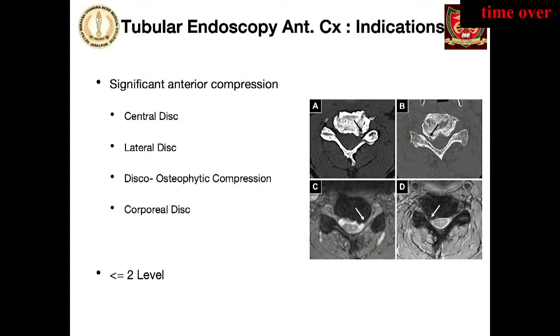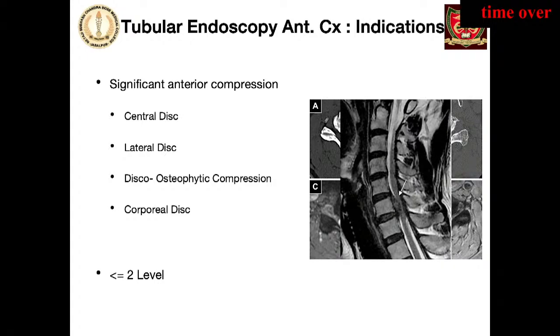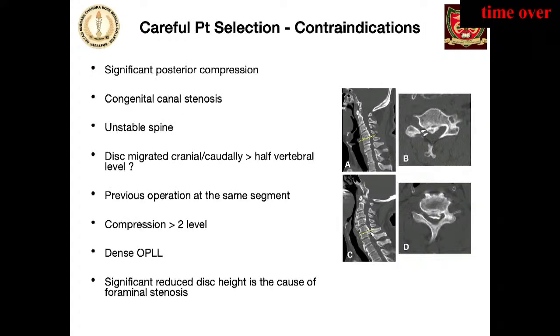The same tube has been used for the anterior cervical discectomy for disc preserving approach, in which cases the fusion is not required. You preserve most of the disc, and the motion segment has also been preserved. So there are indications for anterior disc preserving surgery: disco-osteophytic compression and soft disc like this.